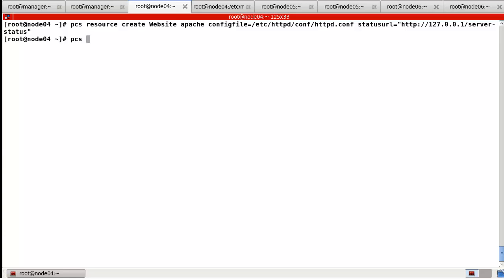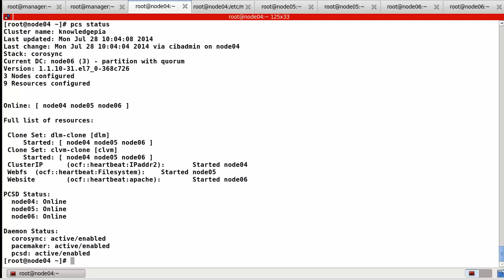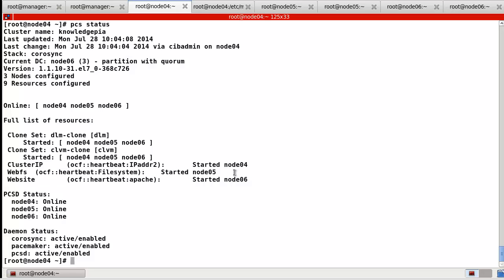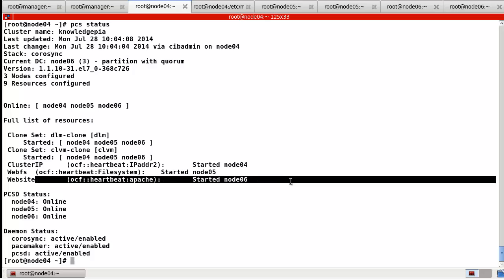Okay, now let's check. So now the ClusterIP, this one started on node 4, and the WebFS file system started on node 5, and the website started on node 6.